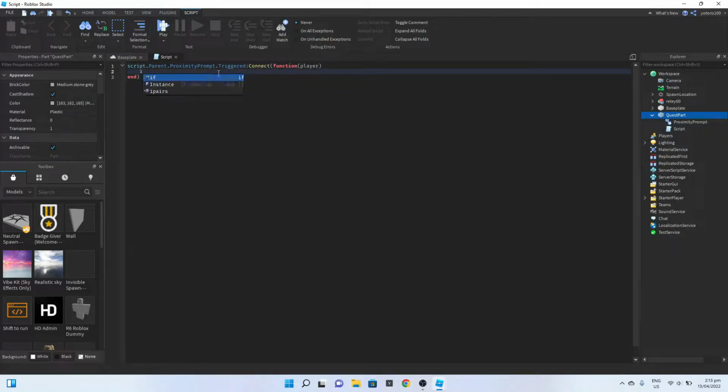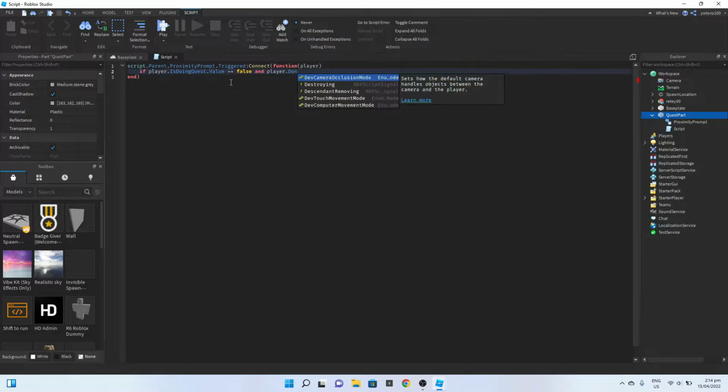Now write if player.IsDoingQuest, we'll add that value in later, .Value equals false, then and player.DoneQuest, we'll also add this value in later, .Value equals false, then